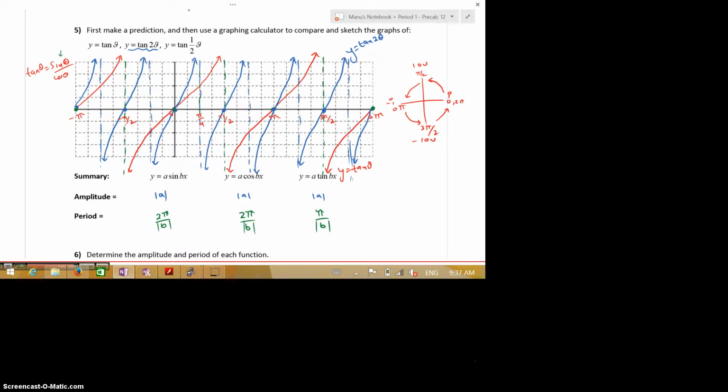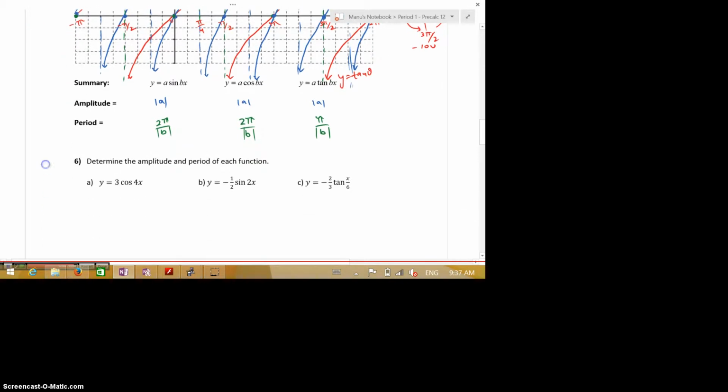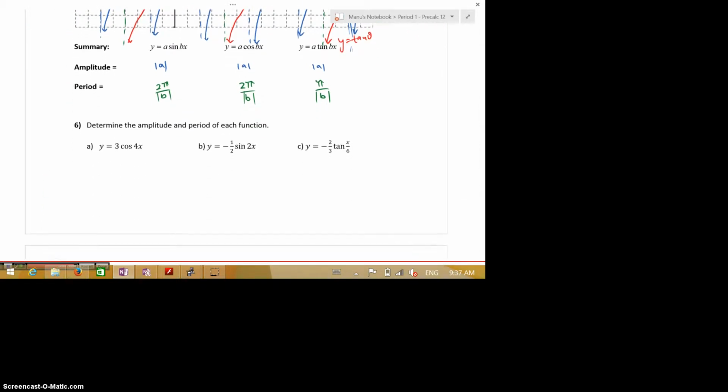Okay, so to finish things off, we're just going to apply all of this stuff that we've learned. Just by looking at that equation, can you tell me what the amplitude and the period is? So for the first equation, what is going to be the amplitude? Amplitude is going to be 3. What's going to be the period here? Notice it's y equals 3 cosine 4x. It's gotten horizontally compressed by a factor of 1/4. So your period is going to be